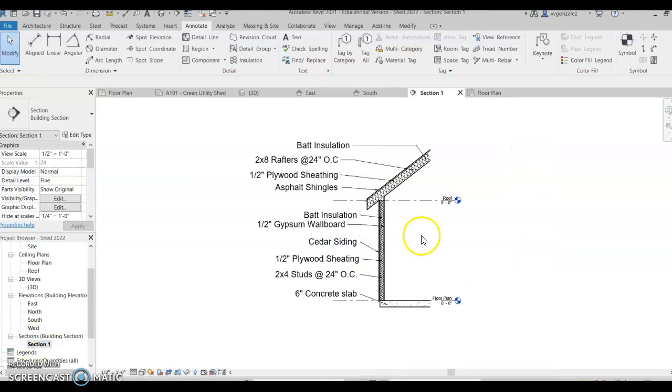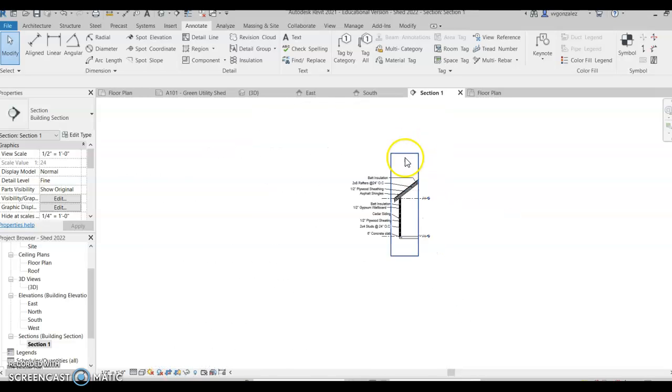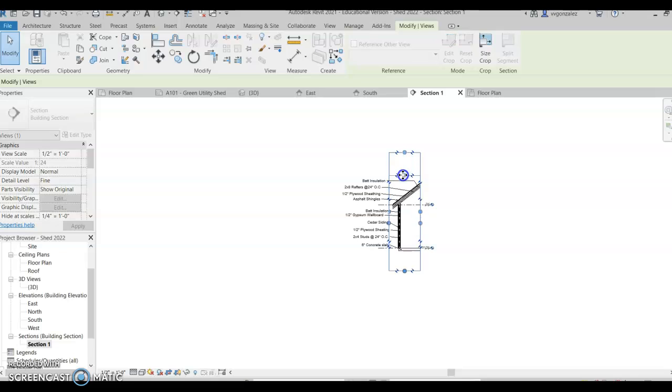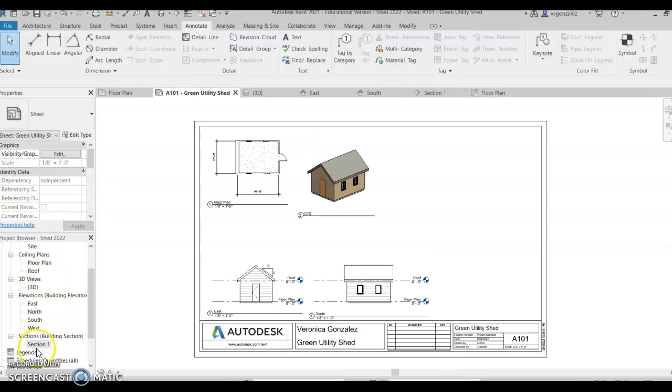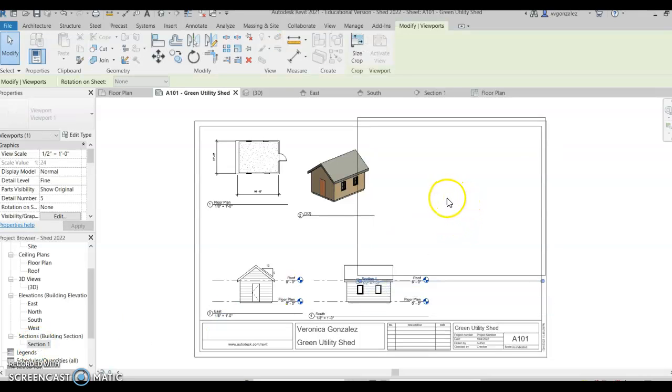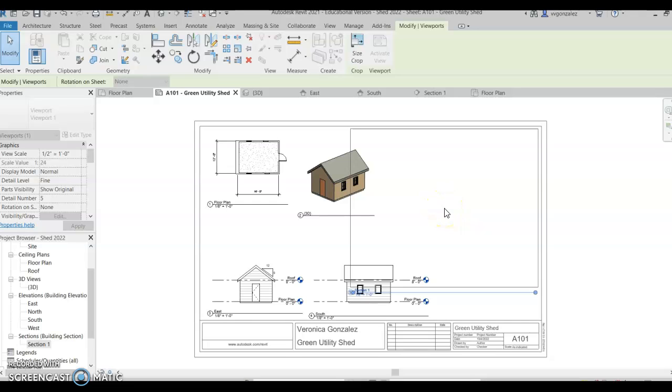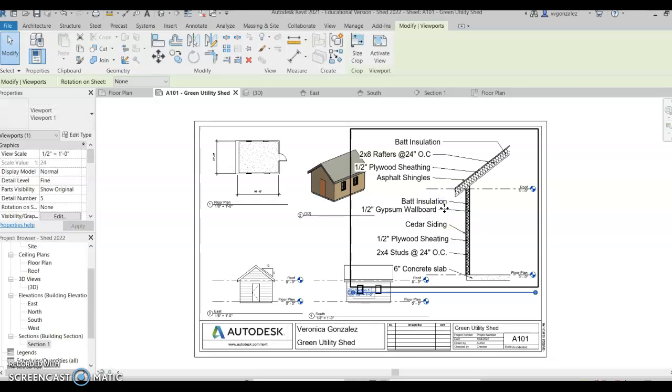I'm going to go back to my section view, turn on my crop region, and this is all I got to do. Grab these blue dots, bring that down, bring this one up. That should be good. Hide crop region, go back to your drawing sheet, and then drag this over. Should fit. Let's see once I place it, and let's see how that looks. Okay,